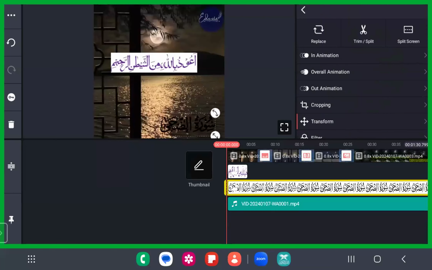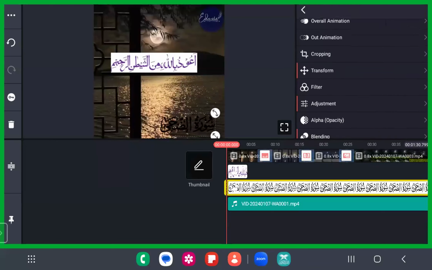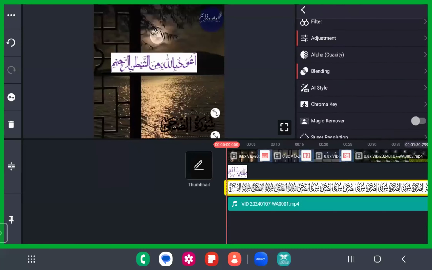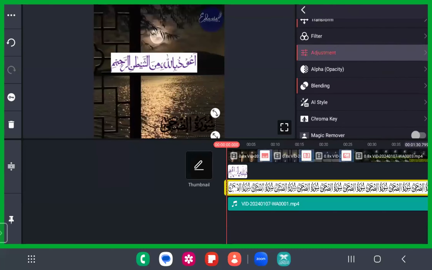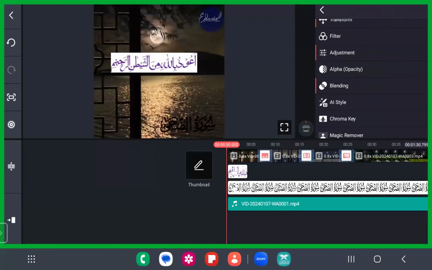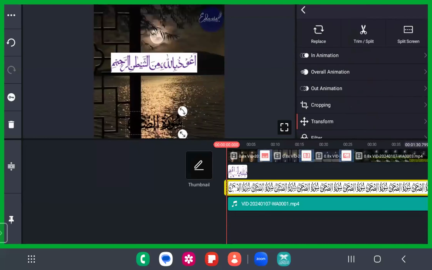So to make it white, you can try each and every aspect that you have here. Alpha opacity, you can try the blending options, you can try each and every option that you have here and make it white. If it is not getting white, then that is no problem. What we'll do is we'll create a masking behind and we'll make it appear highlighted. How to create a masking to this black screen? So we can just add the black titles only now.